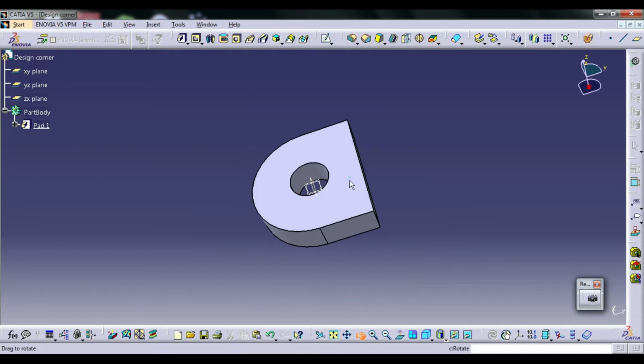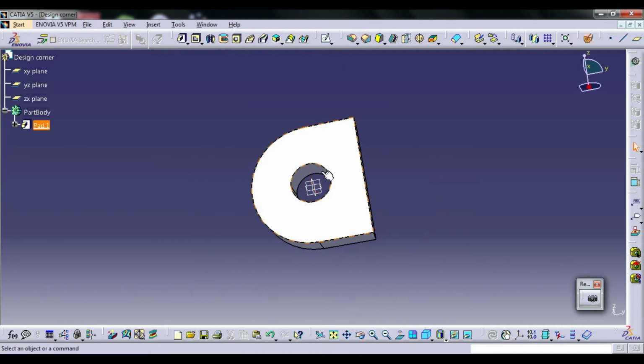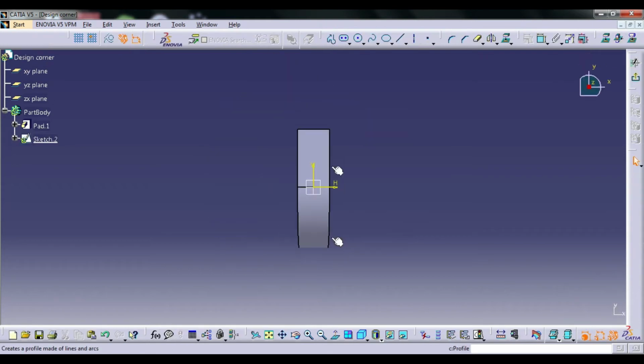After that, you select the XY plane and click on sketch.